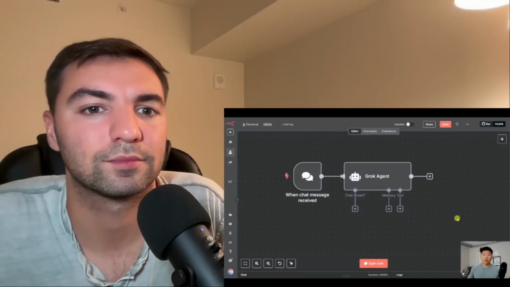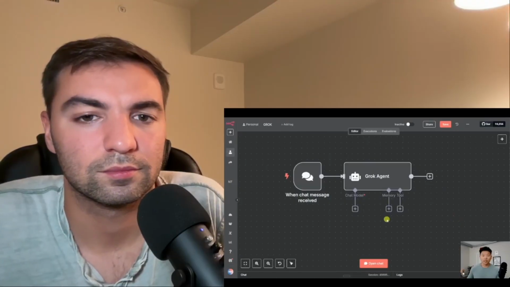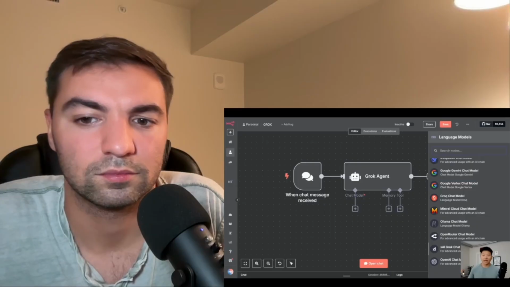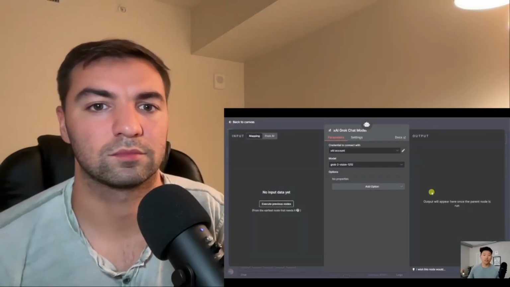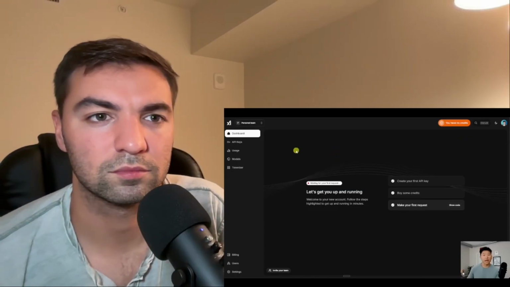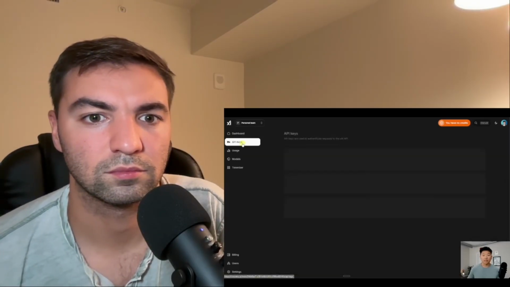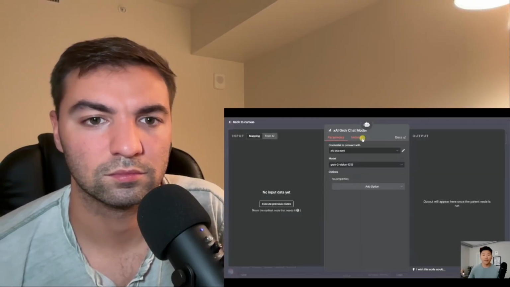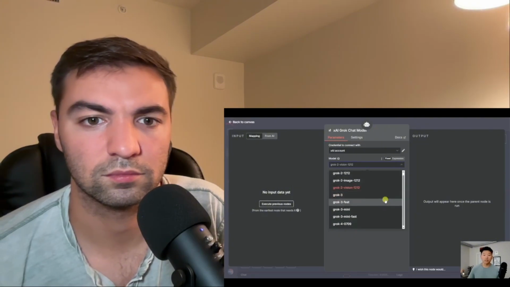Okay, so probably the most straightforward way to use it would be in n8n, you have an AI agent, you add a chat model, and you just scroll down to grab an XAI Grok chat model. You would then just need to go to your admin console in Grok. You could come here, make an account, add some billing information, go to API keys right here, and then all you'd have to do is create a new one and then copy that API key and add that right here as a new credential. Then when you open up the model list, you could see right here